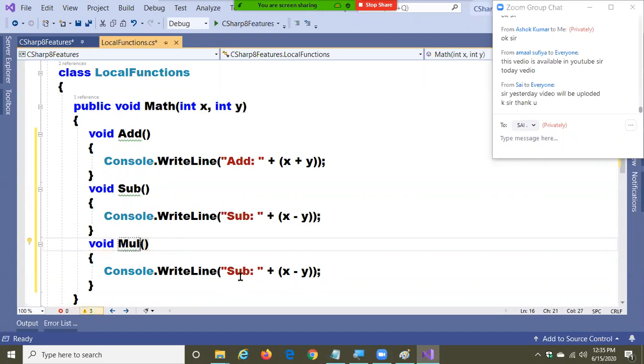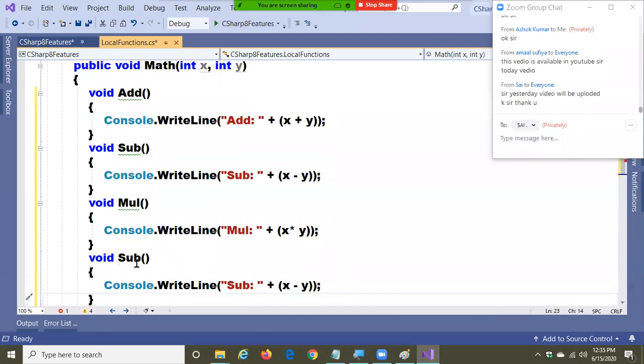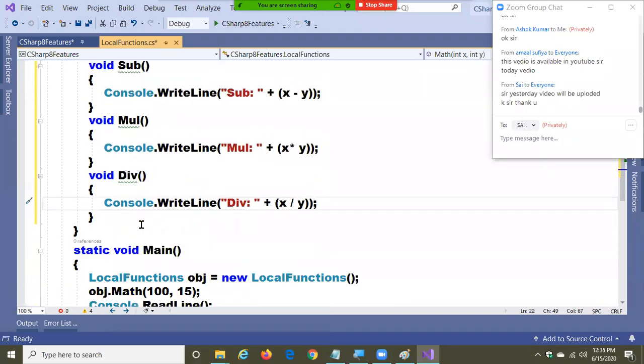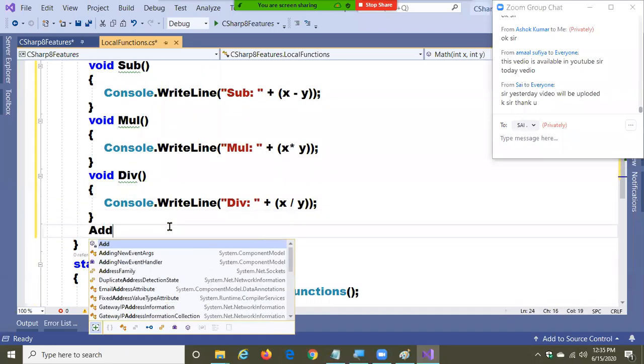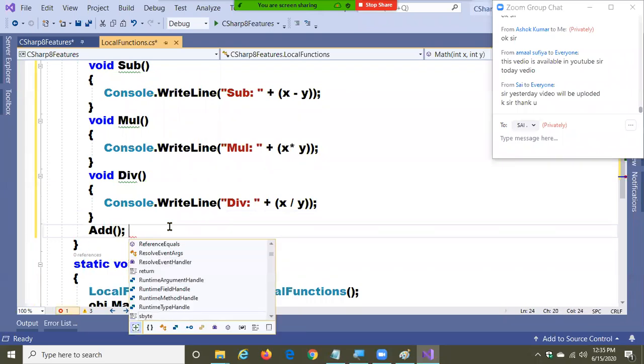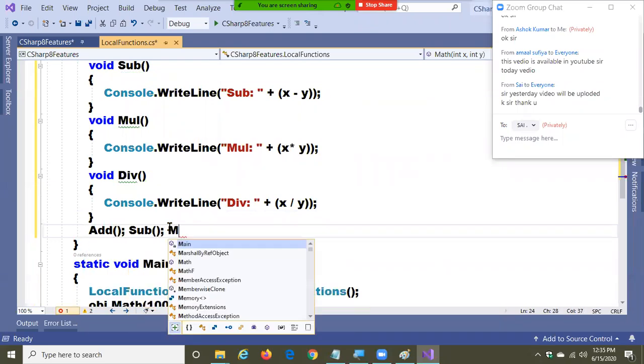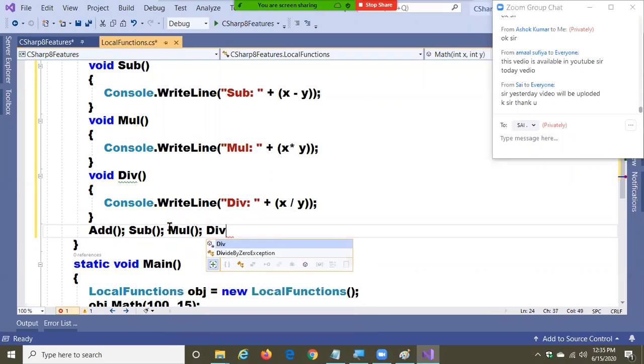Multiply, x into y. Divide, x by y. Okay, and now you can directly call the methods add, sub, multiply, divide.